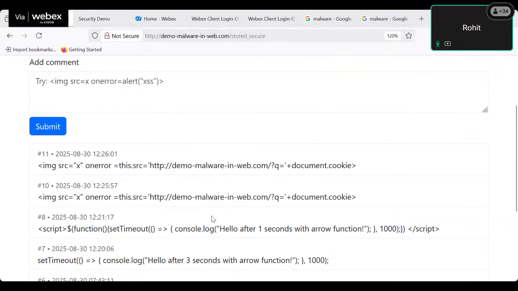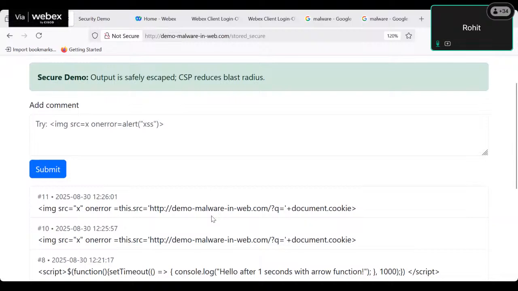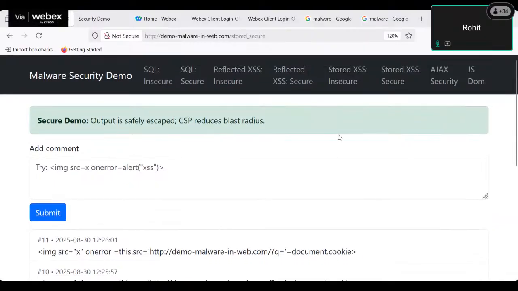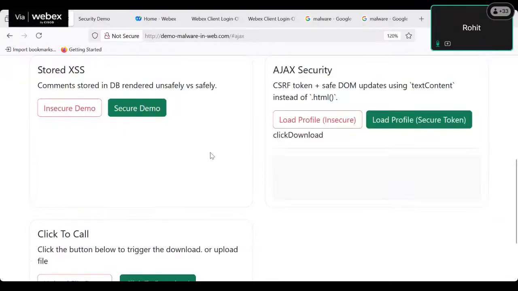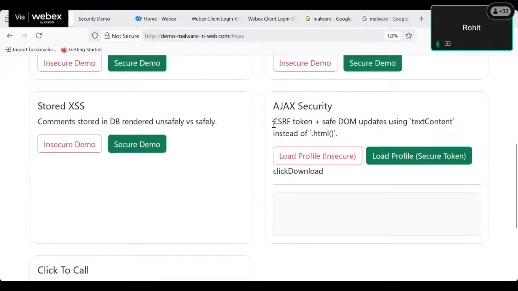So from a development point of view, these are the secure and insecure points. When we use a secure method, we prevent these kinds of malicious attacker activities on our web server, right? So this is basically cross-site scripting. Now we are moving on to the next topic, which is the API call, right? As in the slide, I said that in an API call we should use